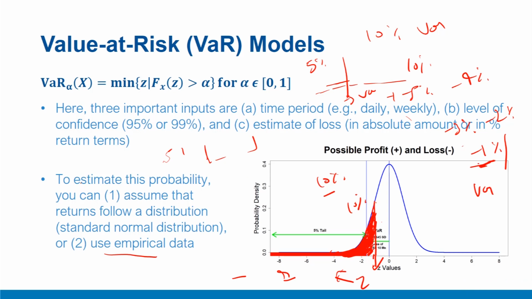So we need to order our return observations and take the one which is highest in terms of magnitude, or lowest in terms of magnitude, and highest in terms of signed value. Mostly chances are it will be negative. Generally returns are, to some extent, symmetrically distributed, so you have negative as well as positive returns. If you are ordering them from the lowest side, chances are that on the extreme 5% or 10% you will have negative returns like this.